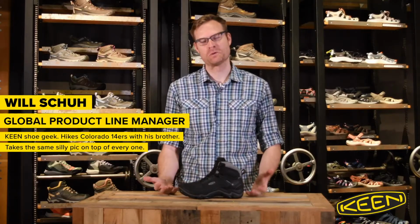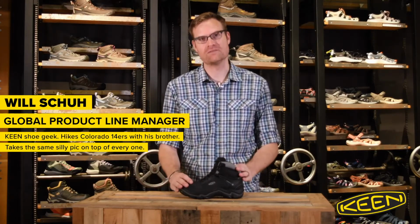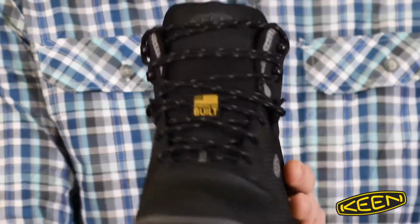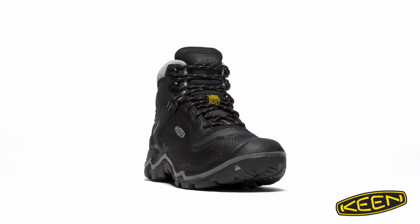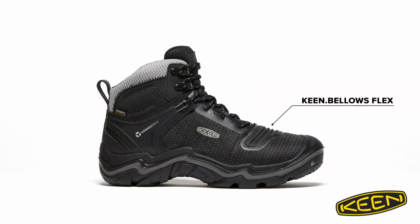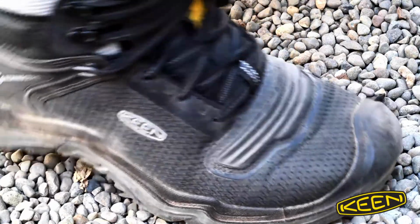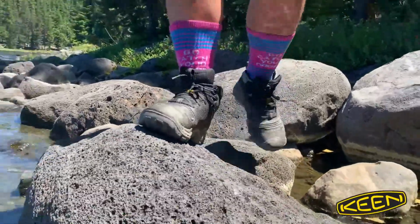Hi everybody, super excited to introduce you to the Durand EVO Mid-Waterproof, the latest and greatest boot from Keen. Right off the bat, got to talk about it, built right here in America. Right away you see it has that Keen bellows flex, right across the vamp there, right where your foot flexes, designed for more bend and less wear. What that means is out on the trail it's a whole lot less energy used and you going a whole